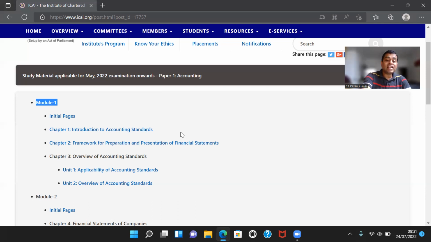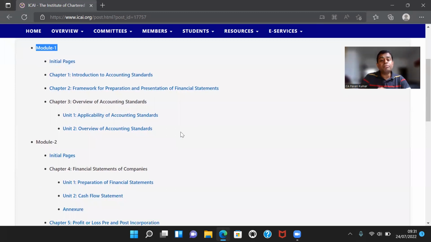Then the second chapter is framework for preparation and presentation of financial statements. This is pure theory. Many students do not read this. At times faculty asks the student to do this as self-study. There is a reason. This framework deals with basic definitions, like for example,